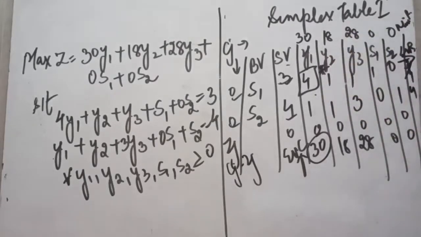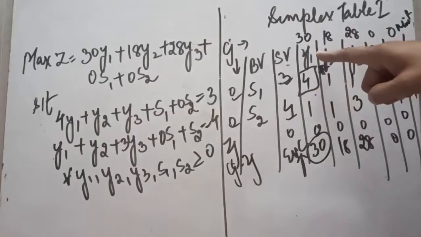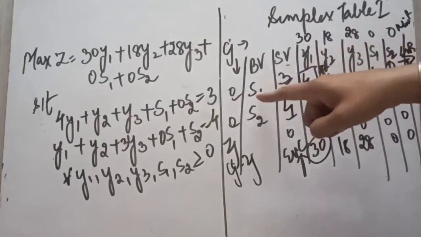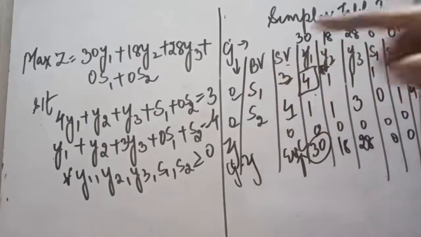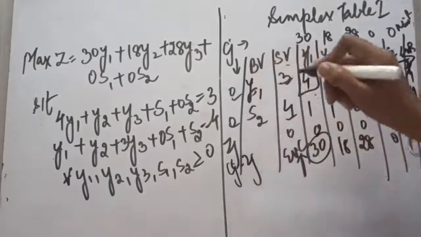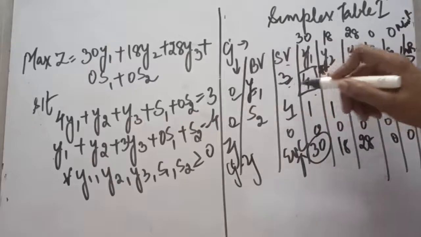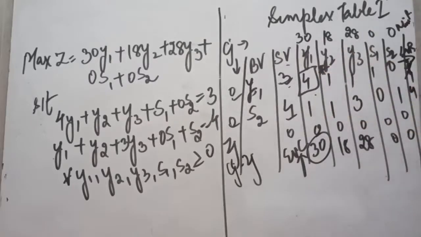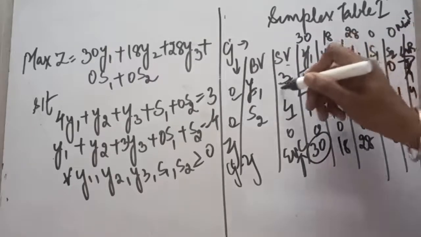So exactly how you were already doing, we will be doing the question like that only. So this was simplex table 1. Then you will create simplex table 2. How will we create that? Just our y1 will be coming in and s1 will be going out, y1 will come at its place. So here y1 will be replaced and the new values will be the old values divided by the key element.